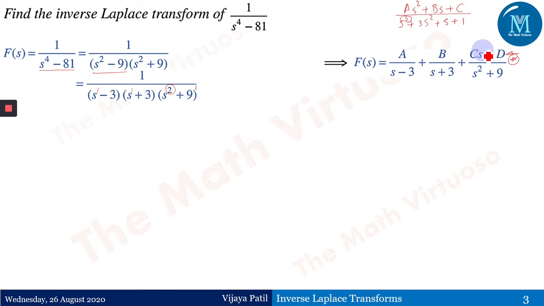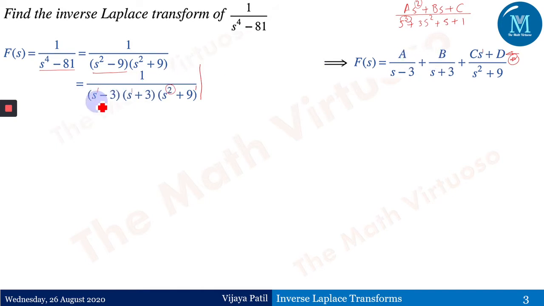Similarly, you can relate it. This is s square, so s to the power 1 is the highest power of s in the numerator. And here it is s cube, so the highest power in the numerator would be 2, and then you have to find A, B and C. So the partial fraction rule works like this. Now we have here A upon s minus 3, B upon s plus 3. This hiding method we can apply here because they are linear factors, so we can find A and B using the hiding method.